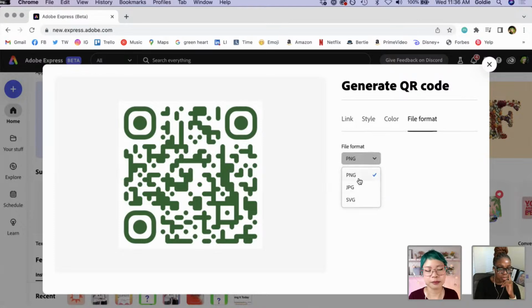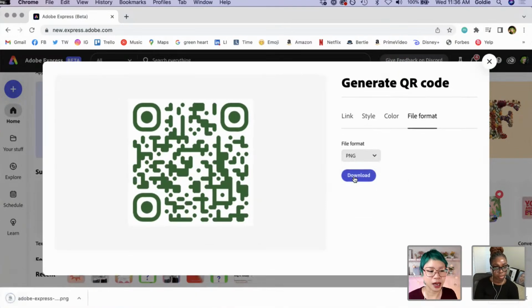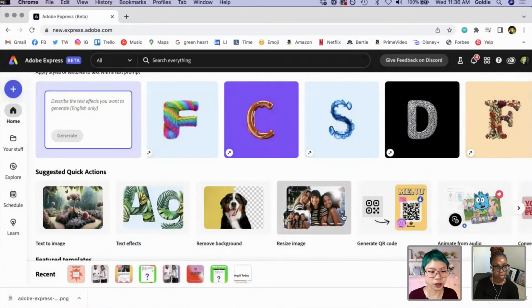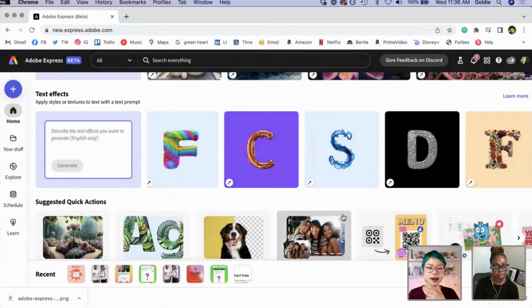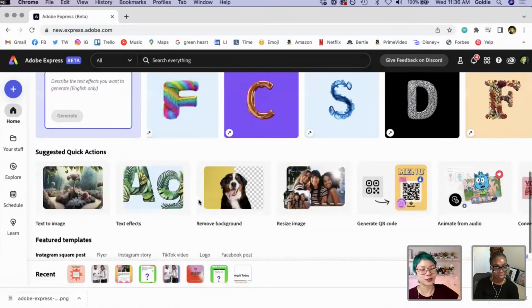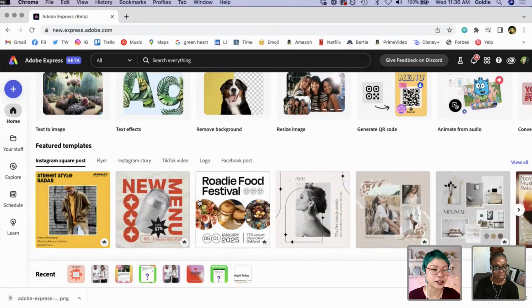I'm sure if you're a graphic designer out there, you know this, but the only reason you pick PNG over JPEG is you want something slightly higher resolution. And SVG, obviously, depends on what you're going to use this for later. But for me, I want a PNG, so I'm going to download this. And so now I've downloaded my amazing QR code. And you might be asking, how can I use that QR code? Well, I'll show you. We'll learn together how to use that QR code.